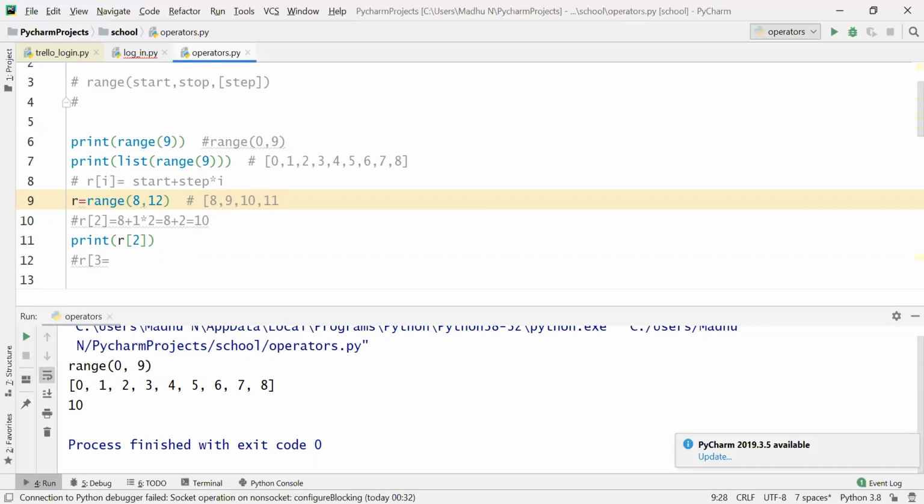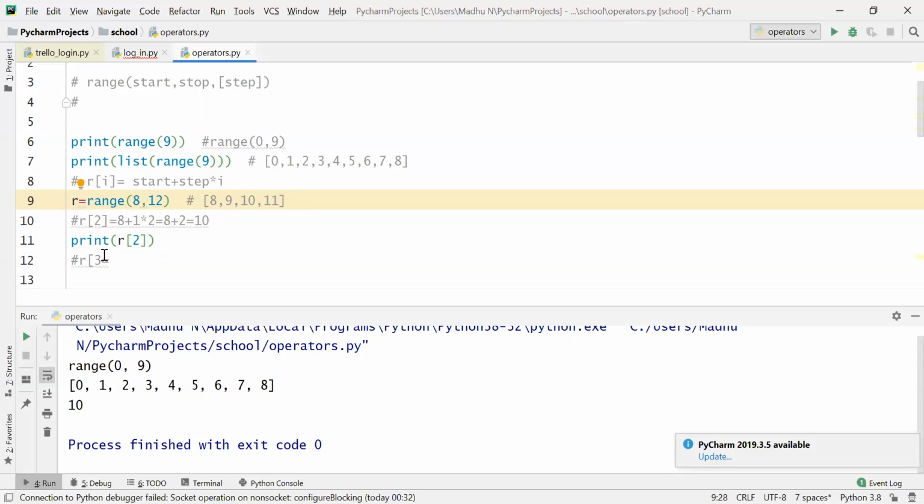That's all. 12 is not included in the list. So at index 0, what is there? 8. At index 1, 9. Index 2, 10. Index 3, 11.